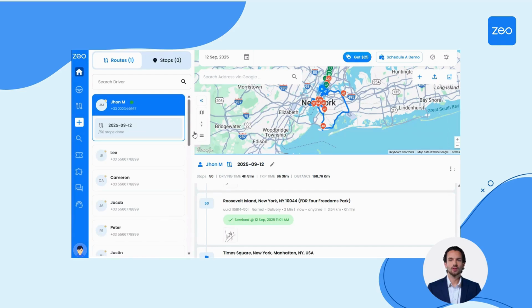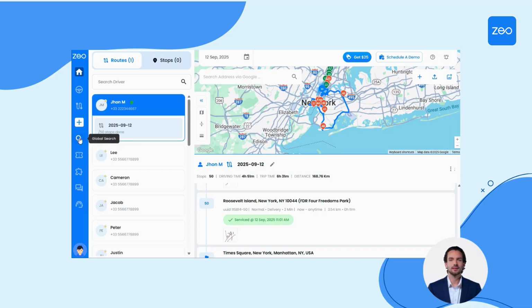In this video, we will learn how to use the Global Search feature. Global Search acts as a centralized tool for your delivery history. It allows you to find any stop, delivery, or route in just seconds. Instead of checking through multiple drivers and past routes one by one, you can pull up the exact information you need instantly. This makes it especially useful for answering customer queries, verifying proof of delivery, checking invoices, or resolving disputes